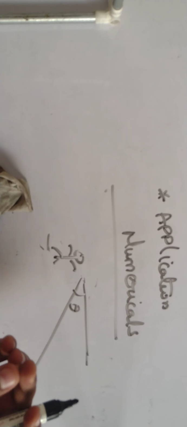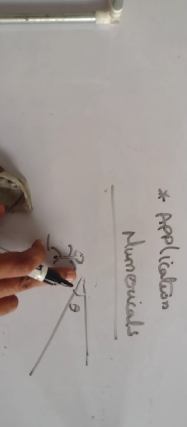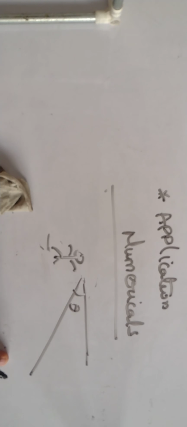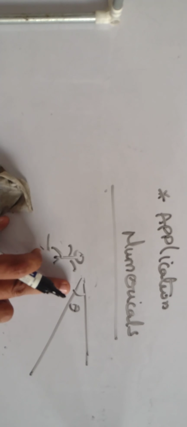So understand, whenever there is angle of depression or angle of elevation, you need to develop the triangle. In numericals you need to develop the triangle if it is not provided. If it is given that angle of depression is so many degrees with respect to horizontal, then angle of depression is always in the downward direction. So you can easily form triangles, and applying the ratios you can easily solve the numerical. Are you following it? Students studying in intermediate and secondary grade, it's very important for you, such small things. So I hope you have understood the fundamental identities.